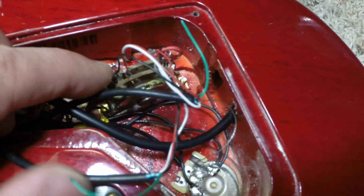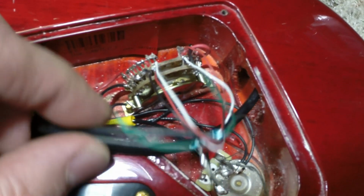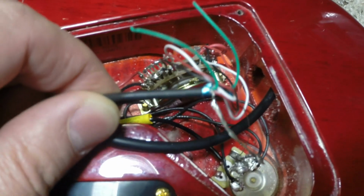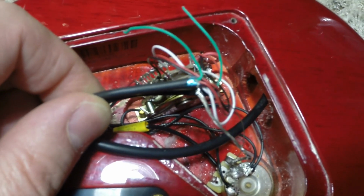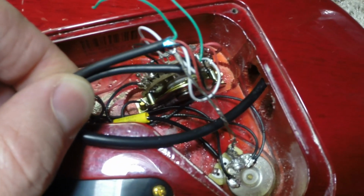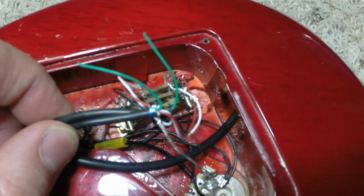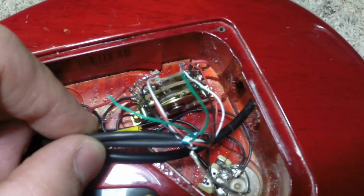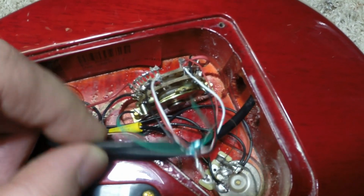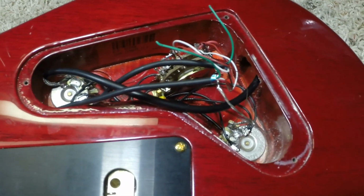When the customer brought it in, we both kind of thought it had been upgraded to a different model of PRS pickup, but PRS only has 3 leads on their pickups, from what I can tell in most cases. So I'm going to have to actually pull these pickups and see what they are, and then try to decide what the wiring is on them, because rewiring this guitar we're going to be using the 5-way monster switch, which is going to give us